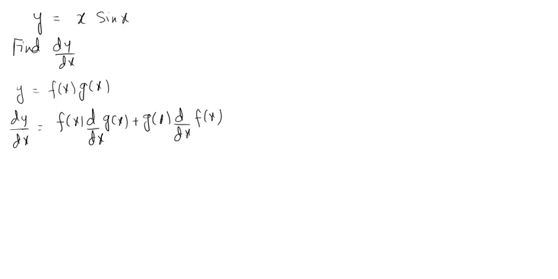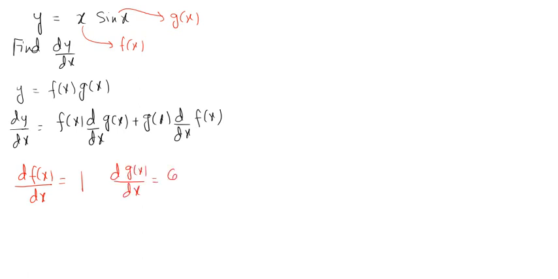So here in this problem, let us take x as f(x) and sin x as g(x). So df by dx, how much will it be? It will be equal to 1, and dg by dx will be equal to cos x. Okay, so f(x) is x, so you take the first function x and differentiate the second, you will get cos x here. Then you take the second function which is sin x and differentiate the first, so it will be 1. So the answer is